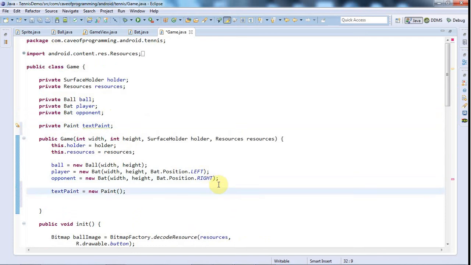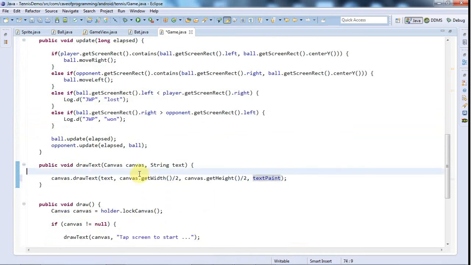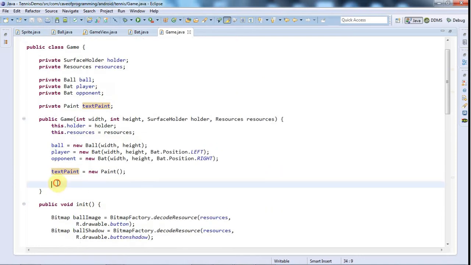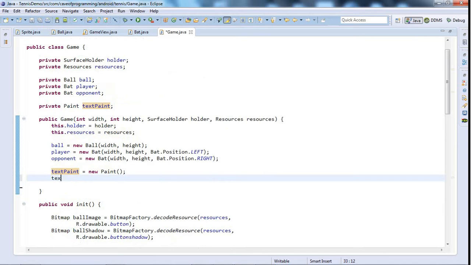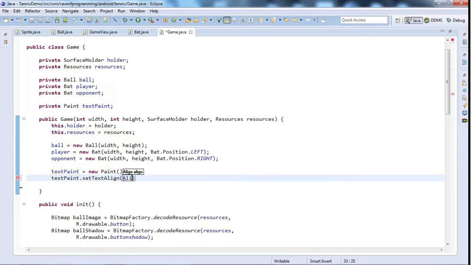So I'm going to set some things on this. Let's make sure that we're passing it now. So when I call canvas.drawText, I want to pass it this textPaint, which I'm now going to define. So canvas.drawText just takes the text to draw, the position to draw it at, and this paint object. And on this paint object, I'll say textPaint.setTextAlign, and I'll set that to Align.CENTER